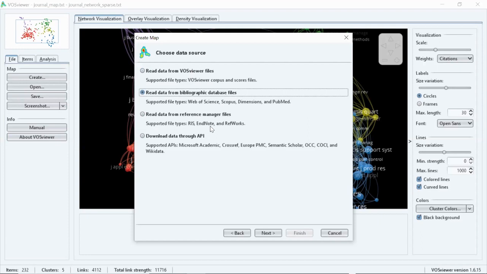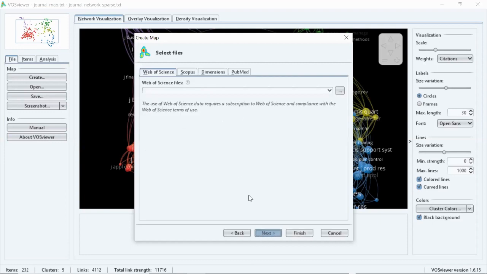You can download files from RefWorks, RIS, EndNote, and through API also, from Microsoft Academic, Semantic Scholar, and other databases. But since ours is Web of Science, we restrict our option to bibliographic database files.